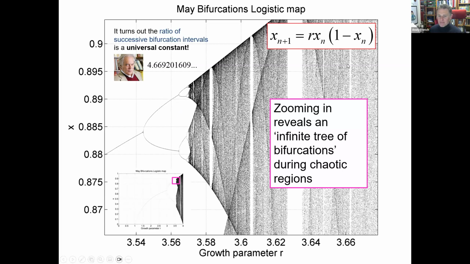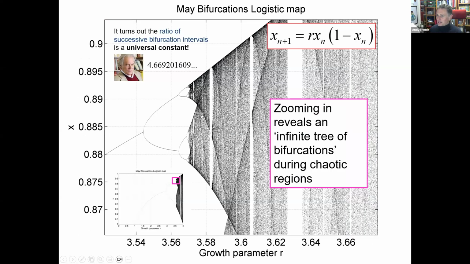And all we have to do is get the right representation. So just to be clear again, what we're doing is saying, depending on my growth parameter, in this case 3.54 to 3.66, I have a random start value between 0 and 1. I run it for 2000 iterations, and then I plot the next 2000 on a graph, and this is what I get. So there we go.